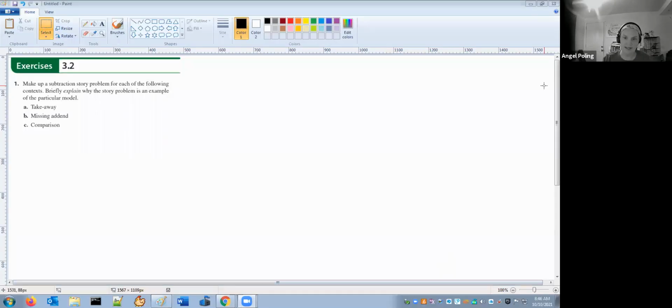Okay, let's take a look at the next type of subtraction problem that we're going to build. That's the missing add-in. If we stick with the numbers 3 and 2, then missing add-in is of the variety that we have 2. We want to add some amount and have the result of 3. So again, these will be the same units, right? So we could have something like